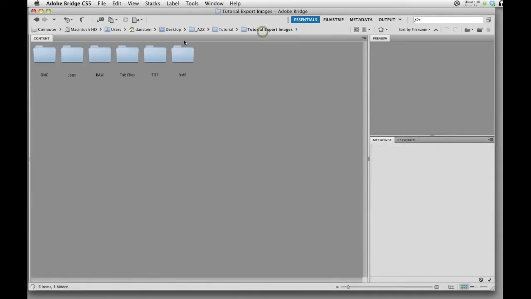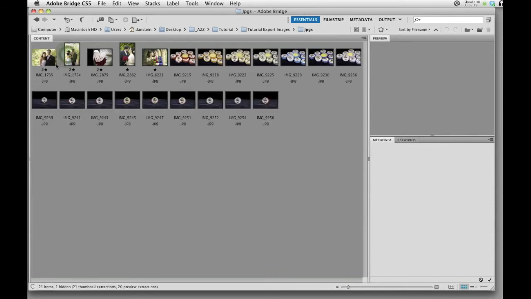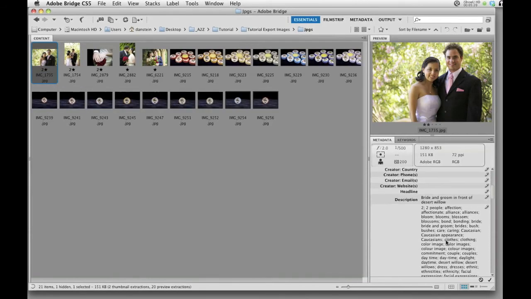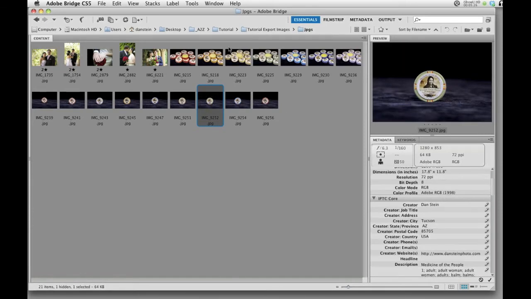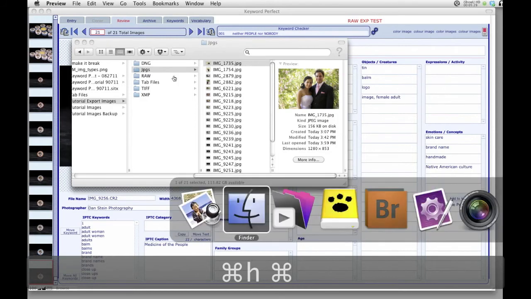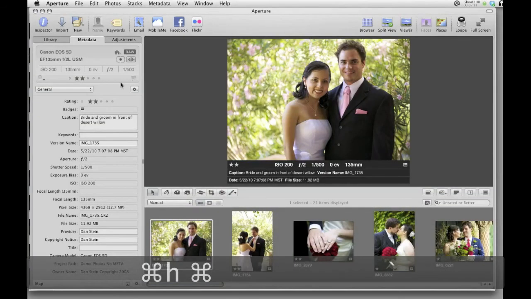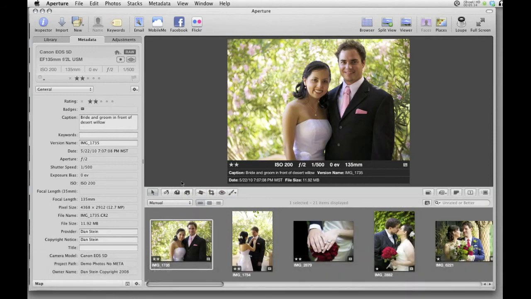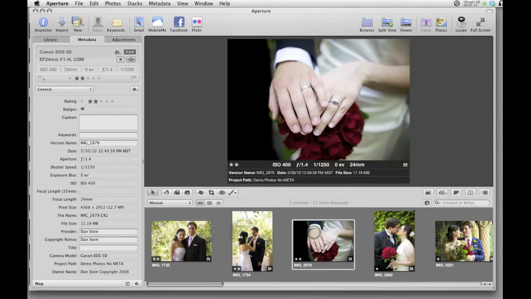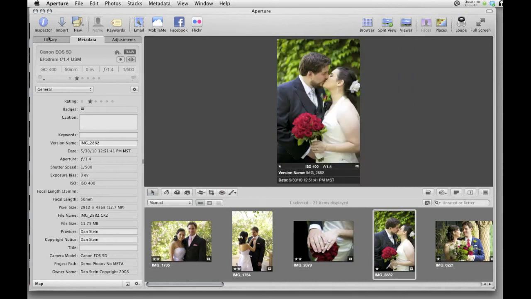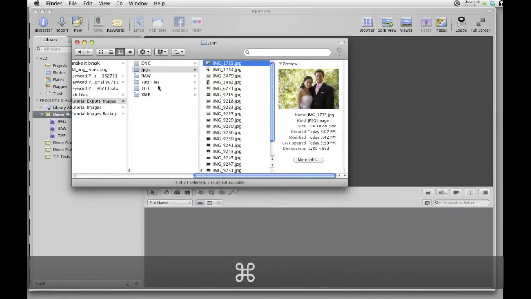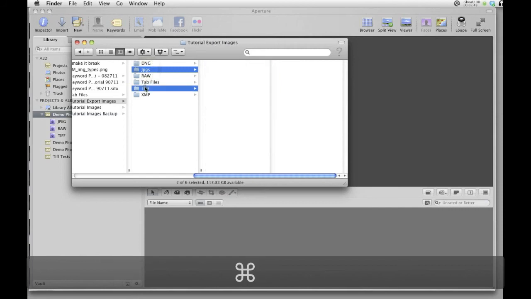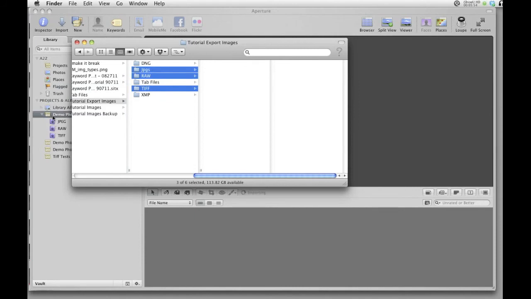If we go to these JPEGs, you can see that there's quite the list here of keywords that we've created. Same with these, quite the list, as well as in Aperture. In Aperture, though, I was going to show you real quickly, this is the before, no keywords on the original images that I was using to create the files that we worked with. And now we have this after folder, which is empty right now. But if we go into the Finder and we click on our JPEGs, our TIFFs, and our RAWs, and we bring them into this project,